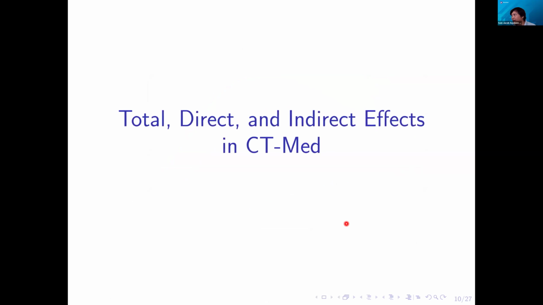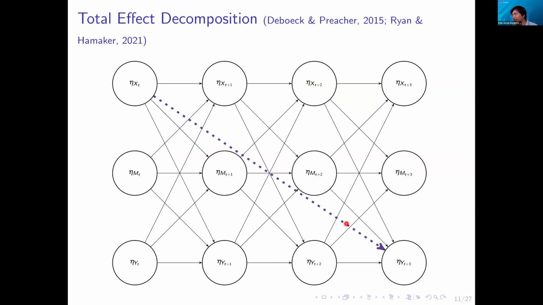Okay, so how do we think about total, direct, and indirect effects in the context of continuous time mediation models? Let's say, for example, in the 3-variable example, we have X predicting Y. I'm using a discrete example because I cannot think of an infinite number of latent variables in between, but hopefully the discrete example will help us understand what's going on in the continuous time mediation model.